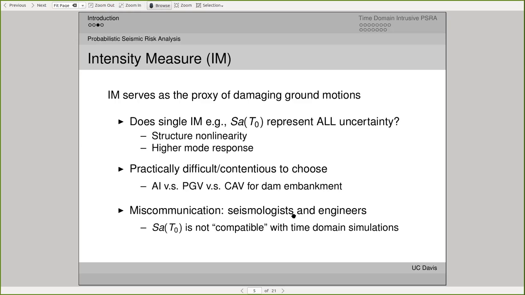So go back to the previous slide. Essentially, seismic motions are seismic motions and they come with a lot of uncertainty. To be able to pick up one single parameter from those motions, or one single type of analysis, is very hard. And that's why there's all this discussion about which is the proper intensity measure, because different structures, different systems, different stiffnesses, elastic, inelastic, and so on, will respond differently to these different